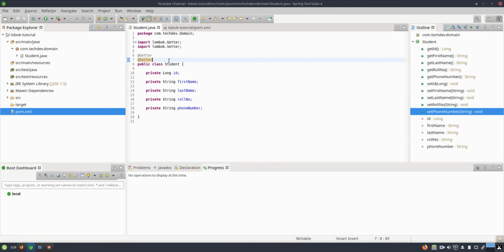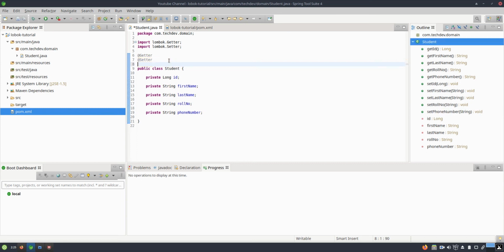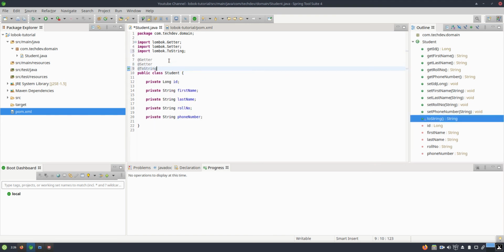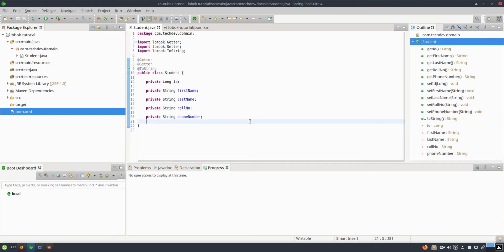After that, we generally override the toString method in the class for string representation of an object. You do not need to worry about that either, because Lombok provides us the @ToString annotation. In this way, you can see here that the toString method is available to us, so we can use that without any manual toString creation. You will get it as a toString method automatically.